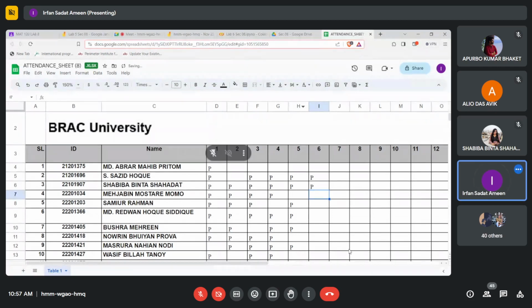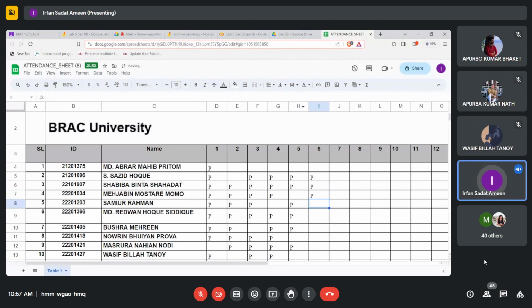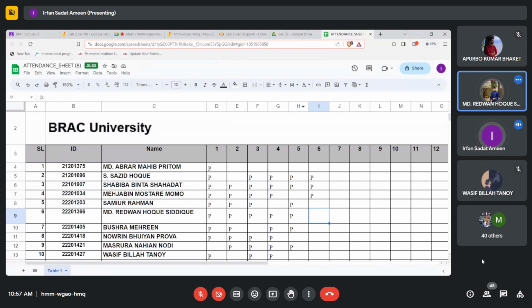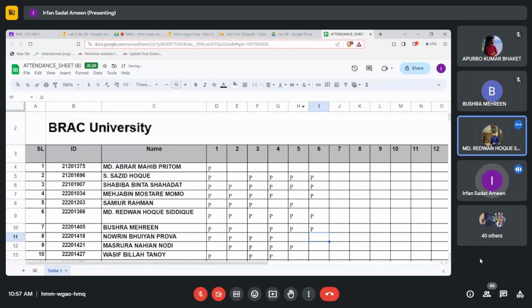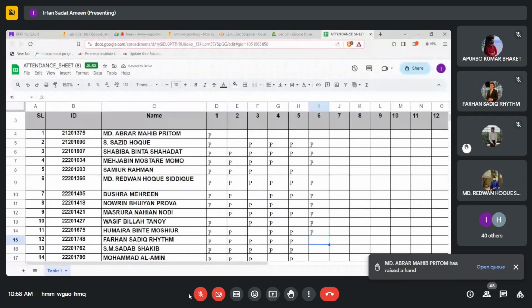মেহজাবিন কি আছেন? স্যার আছে স্যার। ওকে। সামিউর রহমান। ওকে। রেদওয়ান হক। Present, sir. বুশরা মেরিন। Present, sir. নরেন ভুঁইয়া। Present. ওকে। মাশরুরা। Present, sir. আসিফ। ইয়েস স্যার। শাদাব। হুমায়রা। Present, sir. ফারহান। প্রেজেন্ট স্যার। আবরার মাহি। Present, sir. ও ড্যাম, এতক্ষণ পর।